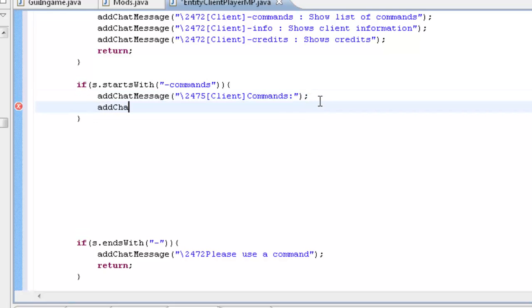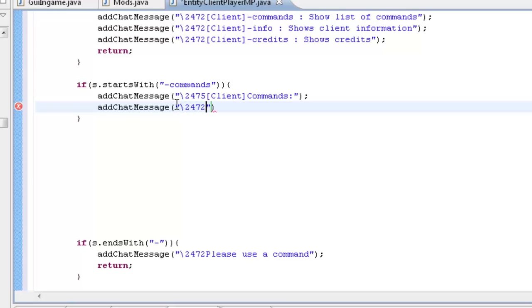So addChatMessage, and we're going to do a simple try catch statement for this tutorial, which would be a feature that would make you teleport up a specified amount of blocks, and also how to make it so that if you type in an improper value it won't crash your game. Sorry, I took a pause there, I don't even know where I left off, but let's just say